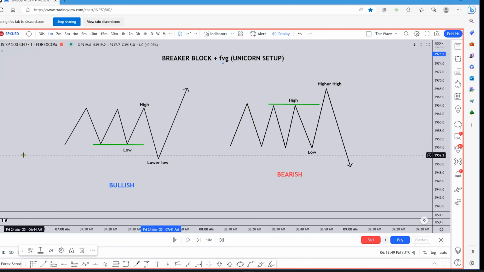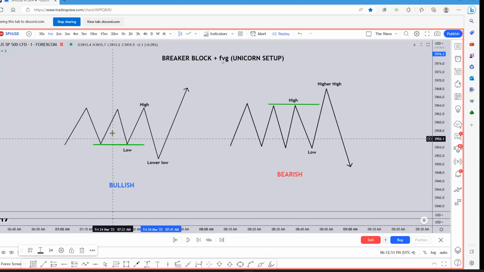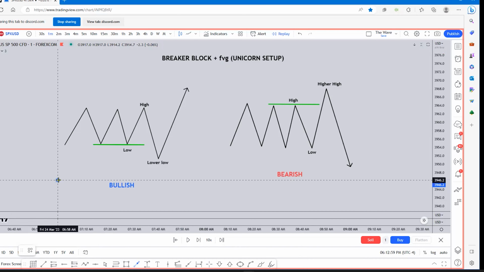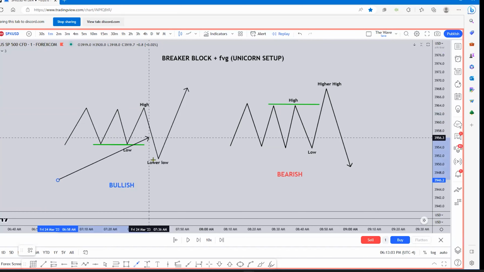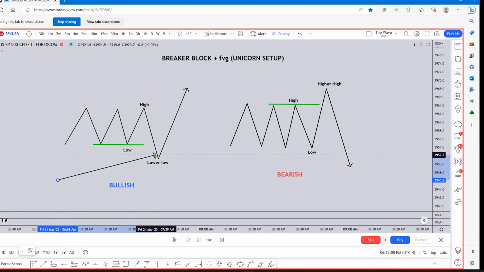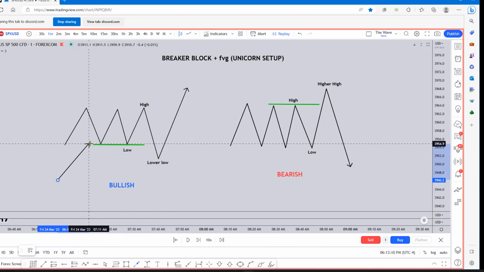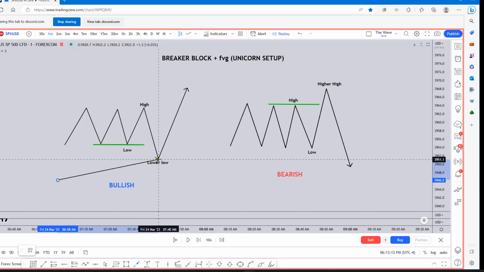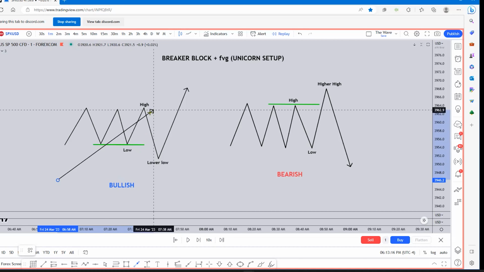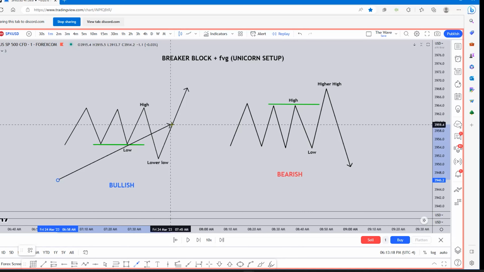So a breaker block, we have a bullish and a bearish example. For a bullish example, we have a low, high, then a lower low. The lower low takes out sell side liquidity. And then once we break up here and break some sort of market structure,